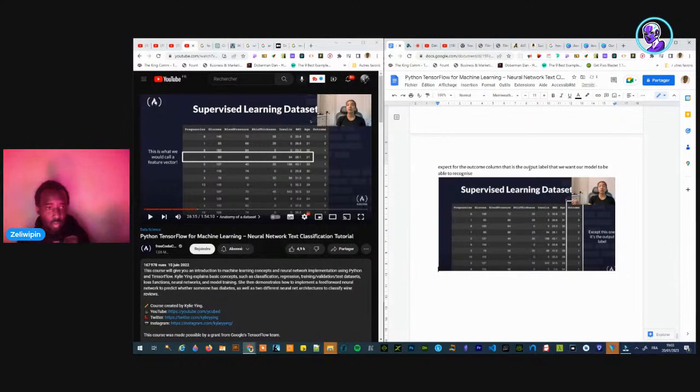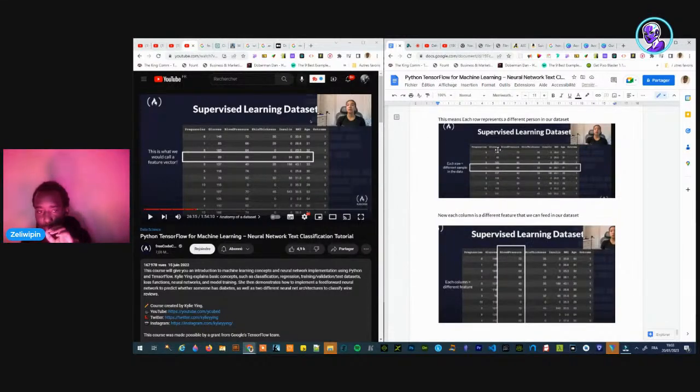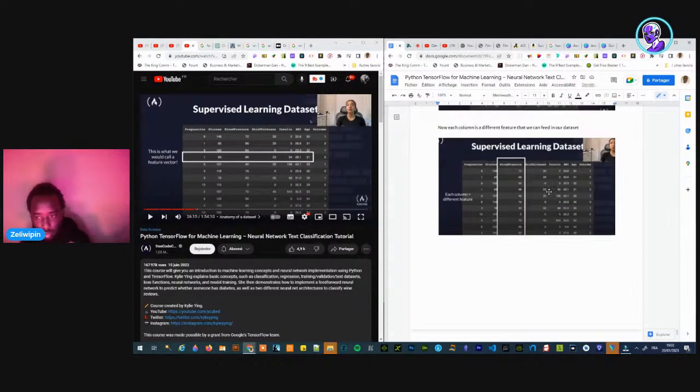This is what we call a feature vector. No, it's not each person in the row, because we can see they have not selected the outcome column. So the feature vector is just a list of features.